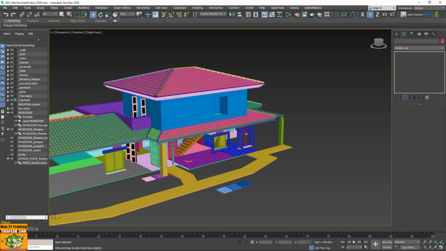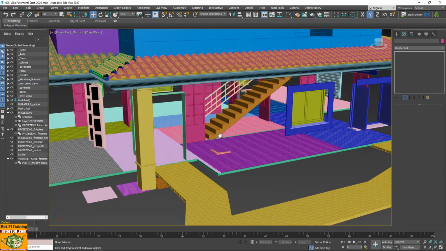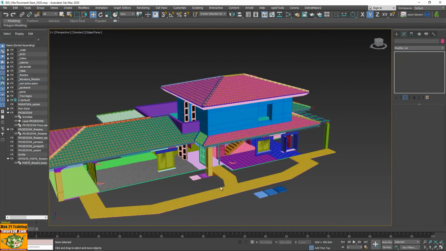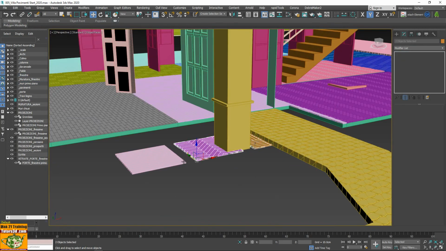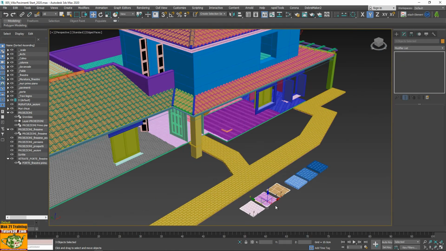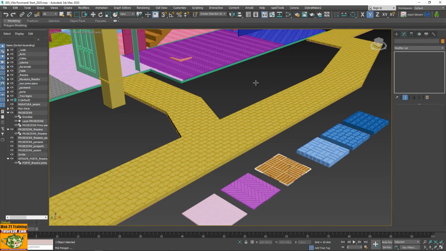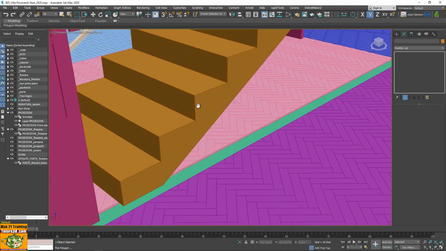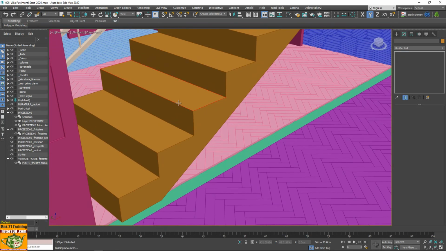There are also stairs. Take the wooden floors, to be clear, which are these, and take the steps to make the steps. Just click here on these, and you do all the steps inside the house.